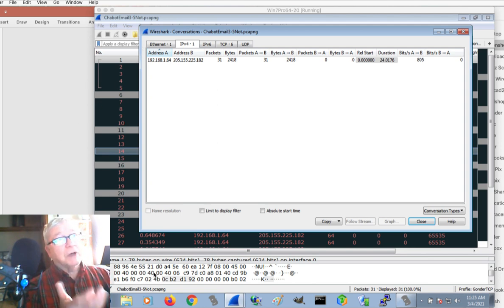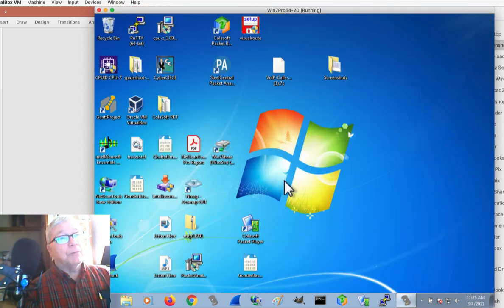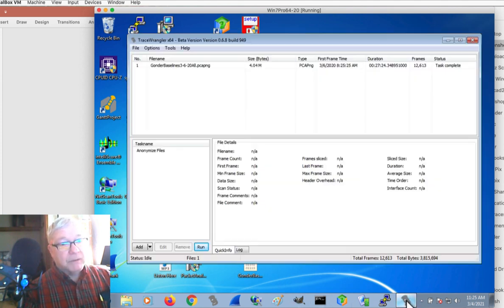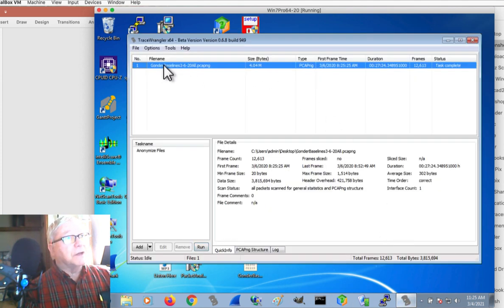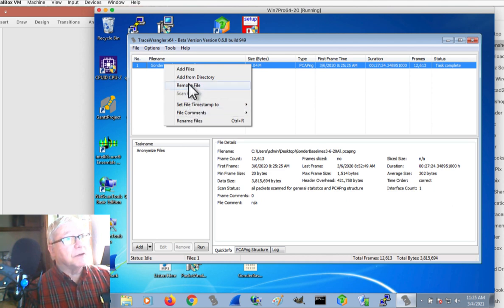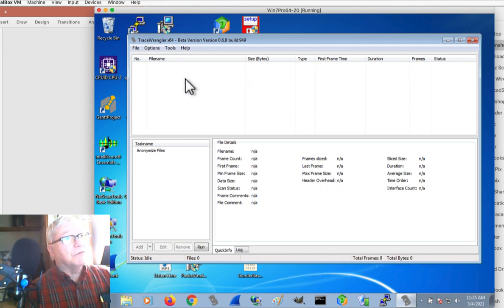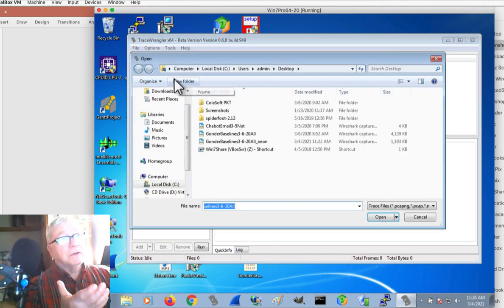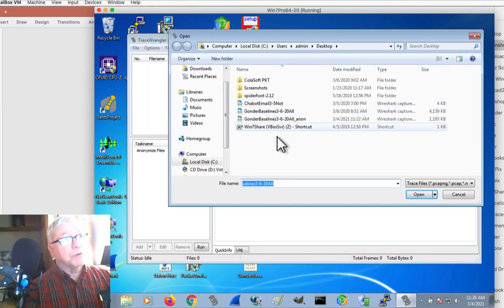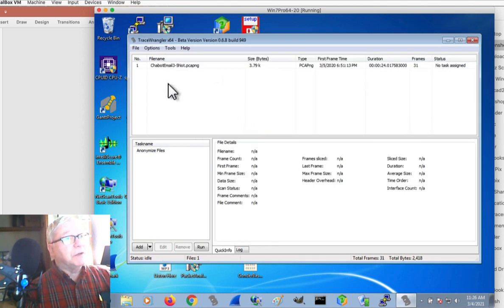So there's really only 2 IP addresses here because I filtered out everything else when I saved this trace example of the email system not working. So I took a screenshot of that, and now I'm going to go back to Trace Wrangler again. And in this case, I'm going to right-click and say remove that file, and I can right-click and say add file. So this is a nicely well-written program, a lot of ways you can do things. And so let's add the email.